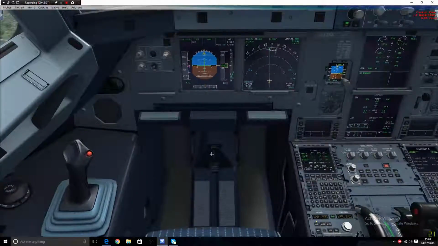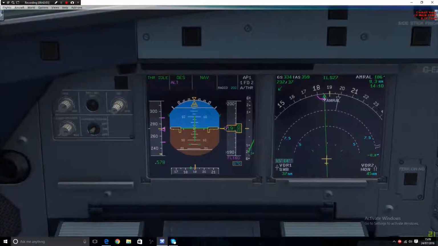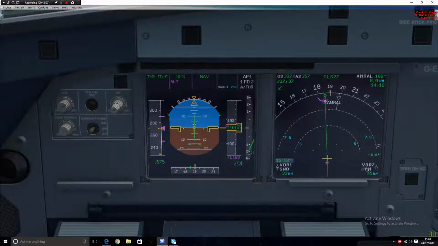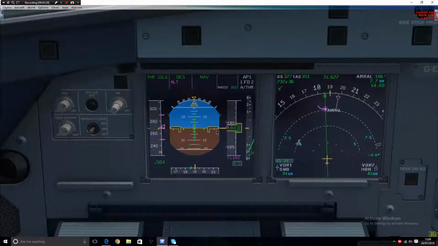So, as we're descending, you'll see that there's this pink circle here going up and down. That pink circle indicates the altitude at which we need to be if we're to continue on our planned descent. As long as you're on it, then there's nothing to worry about. If you're below it, then you can apply a little bit of speed brake just to get back on. If you're above it, then you obviously need to descend faster, but